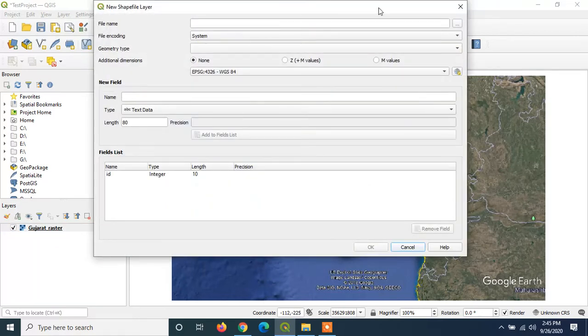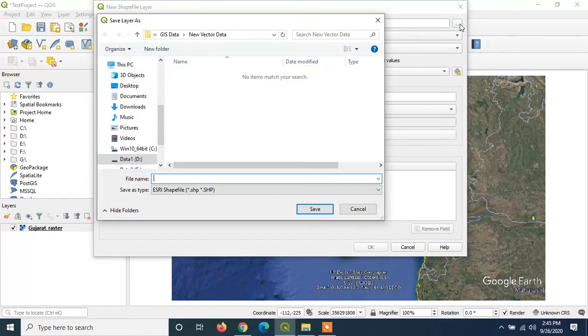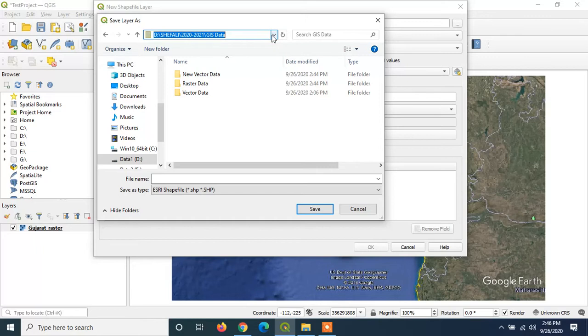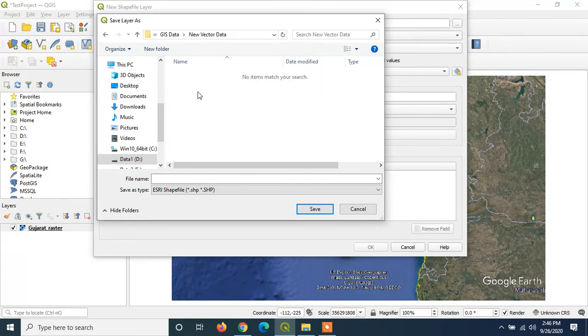So new shapefile, you can give any meaningful file name here. If you give file name, then it will be stored in the default folder. But if you want to select a specific folder where you want to save this file, then you can select that folder. I want to store this file into this path and into new vector data.